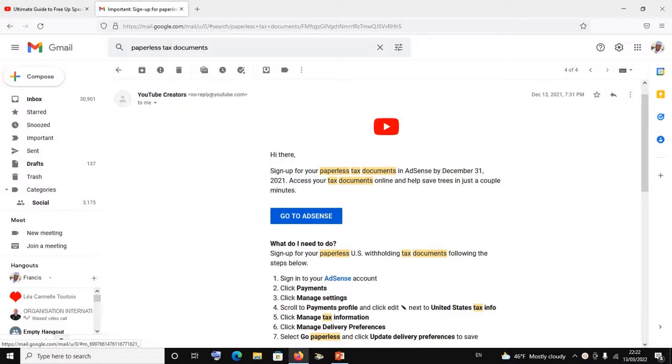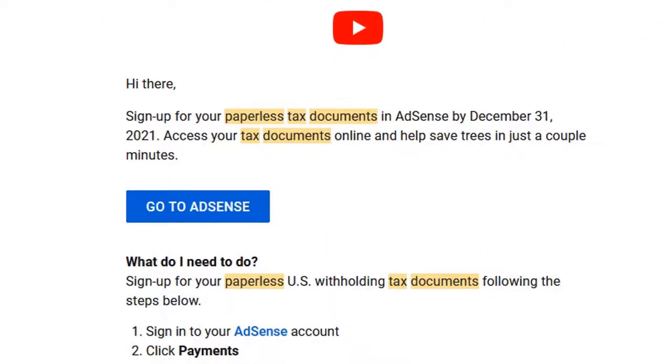In today's tutorial, I'm going to show you how to download your paperless US withholding tax documents in just a few minutes. Now, somewhere in December 2021, YouTube sent us a notice, an email. I received this particular email on the 13th of December 2021, instructing all content creators to sign up for paperless